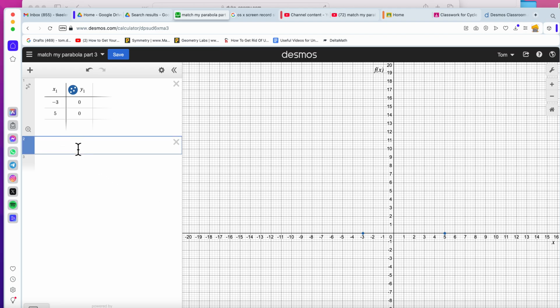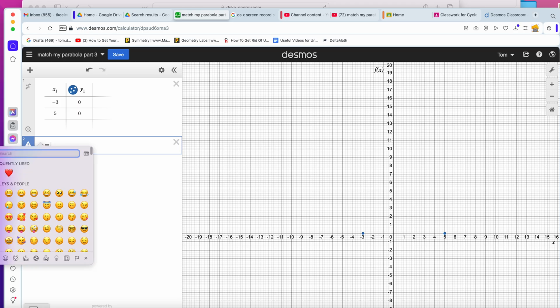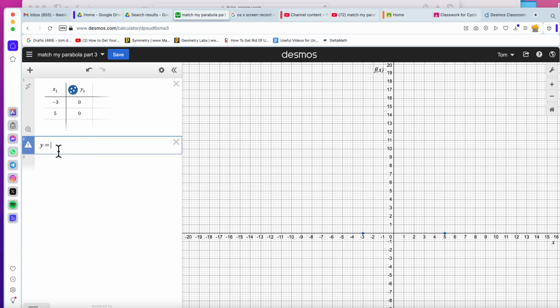And what that really means, if you think about a parabola, is that the output of my equation was 0. Okay, so instead of saying y equals, we're going to say 0 equals. But now we take advantage of this idea that